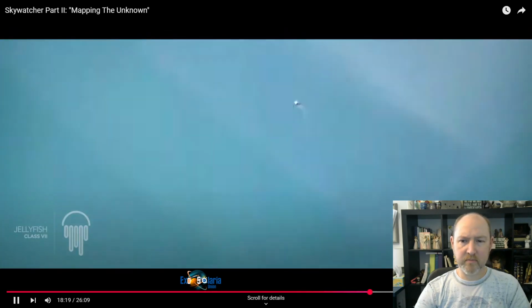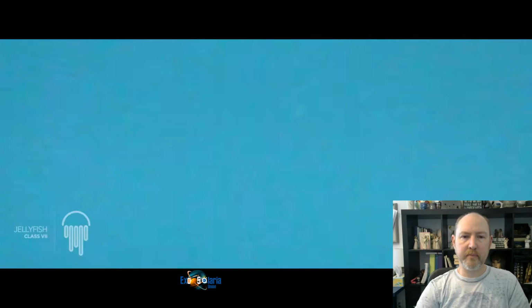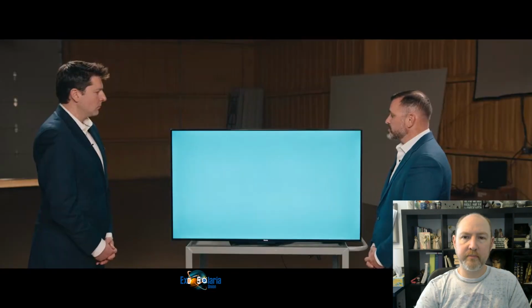I'll call it swimming in through the sky. There aren't a lot of exotic colors. There is reflectivity, but that color you see right there is very akin to the Class 6 when it's not emitting high energy or whatever it's doing. So when it's not vibrating. So we don't know what that means.